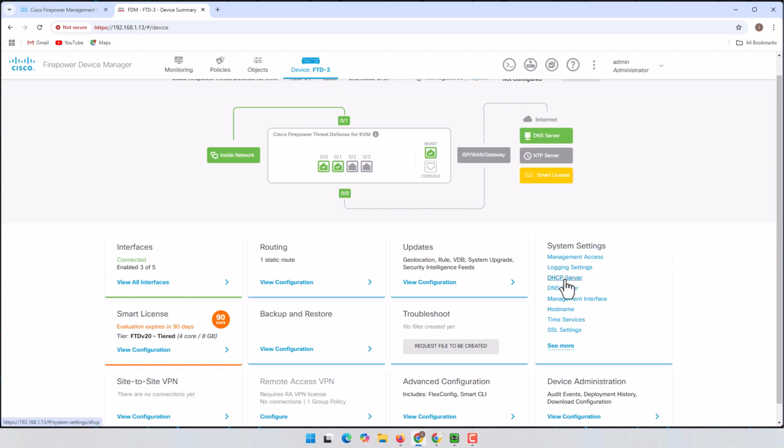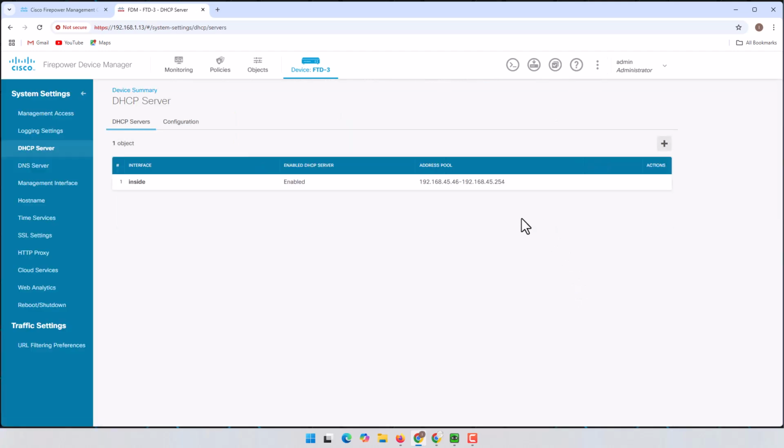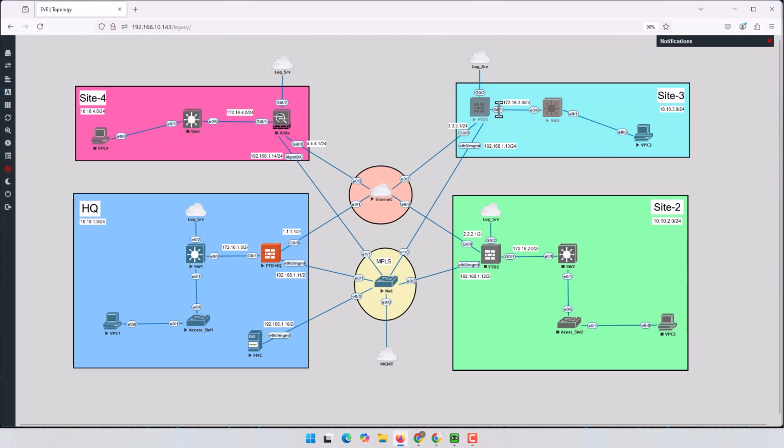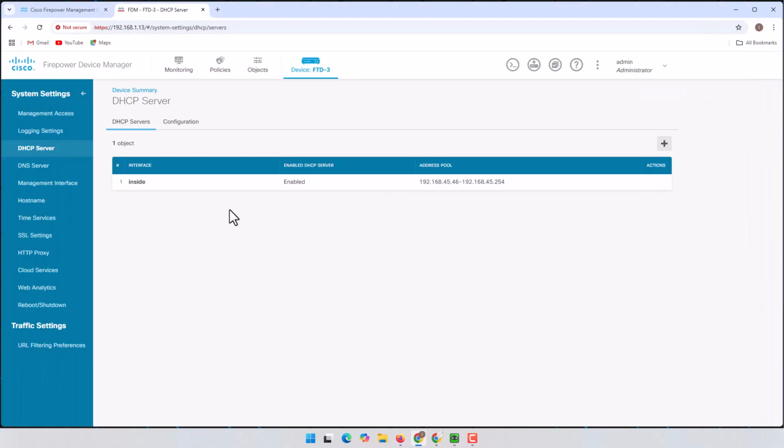In the system settings side, you can go to the DHCP server, and in the DHCP server you can see that on the inside interface a DHCP pool is already configured, and I don't want this. Here you can see that my inside interface is connected through the 172.16.3 network, and if I try now to configure this IP address on the interface inside, it will give me a message that it's not possible because this range of DHCP is already configured for interface inside. Let me delete this one,